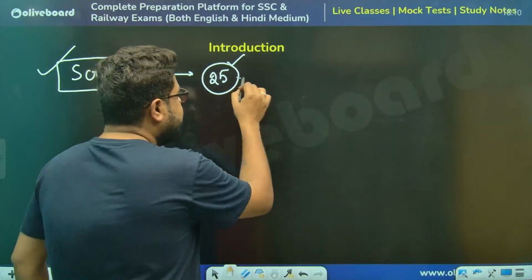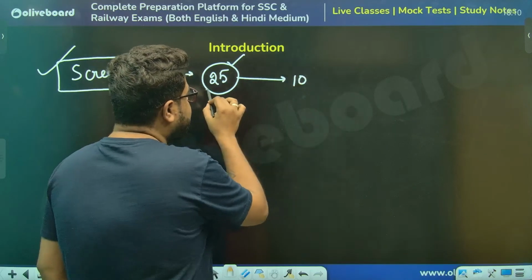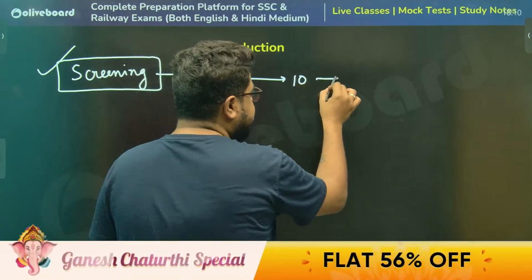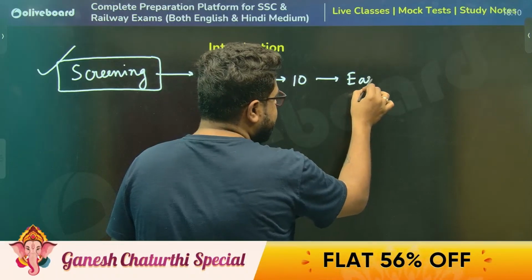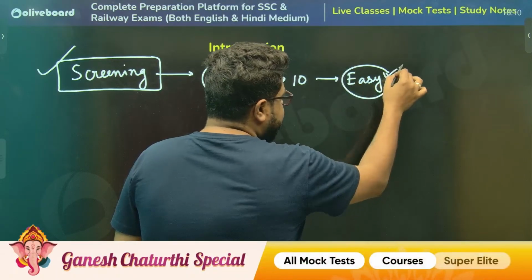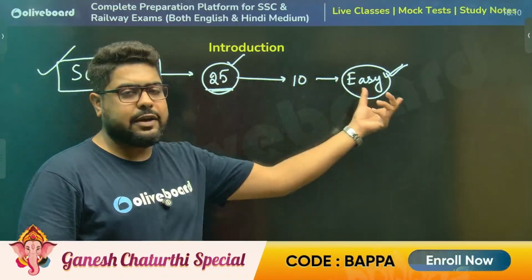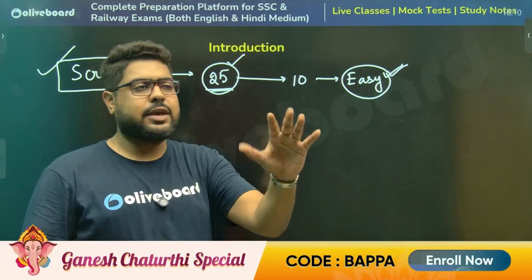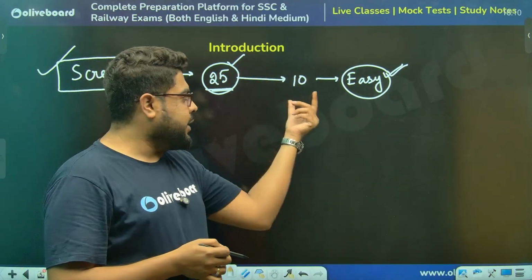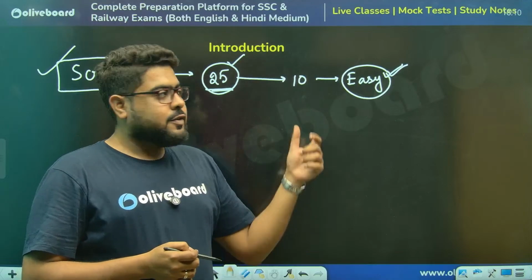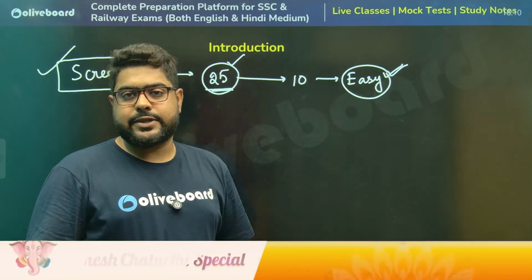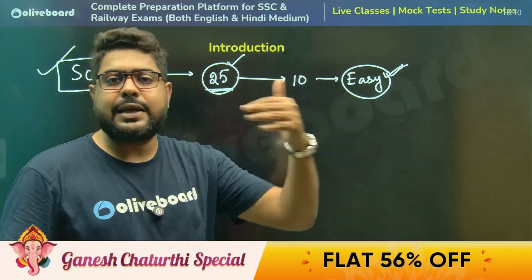Can you find 10 questions out of these 25 which you will consider very easy level? There will actually be a minimum of 15 questions out of 25 which will be easy. I'm asking you to find only 10 in the first go. Solve these 10 questions first, and then you build up from there.